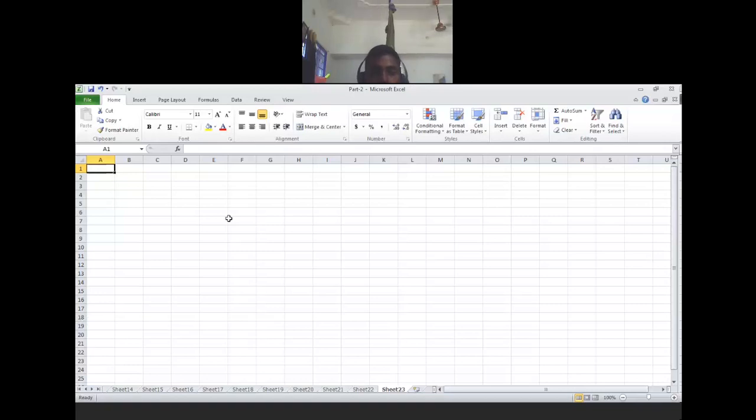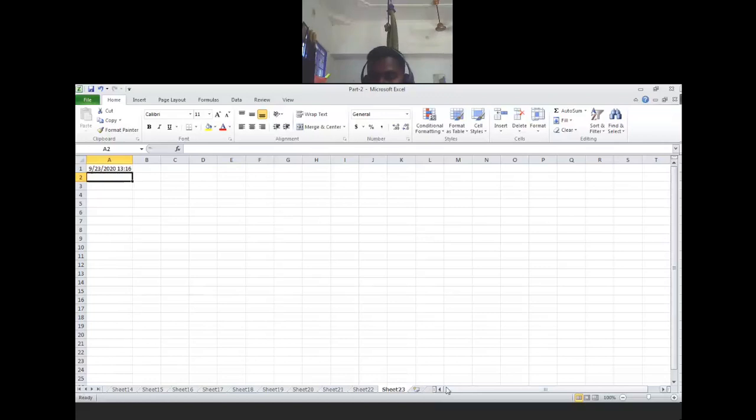The ninth one displays the current date and time. This keeps changing every day. Where you want to display the date and time, click the cursor, write the NOW function with brackets, enter. Look, it shows today's date and the current time, and it keeps changing. If you open it tomorrow, you get tomorrow's date and tomorrow's current time displayed. That's the formula to print the date and time. That's the ninth formula.